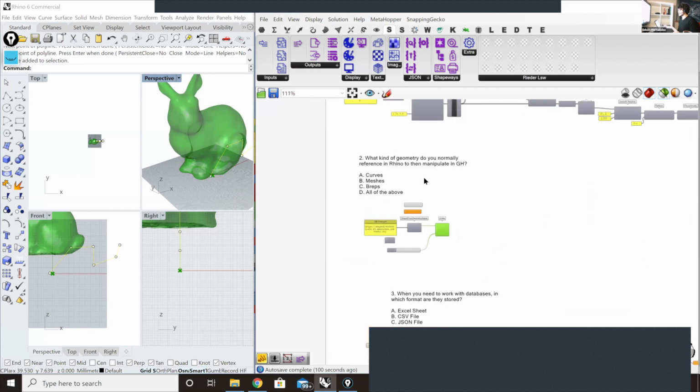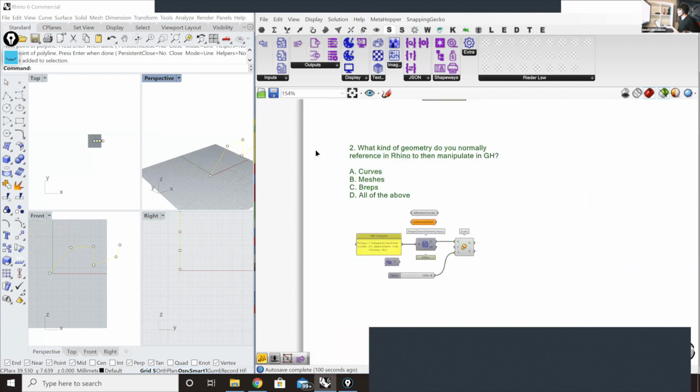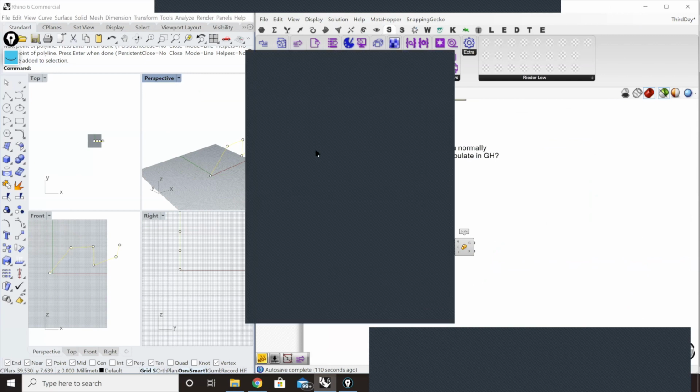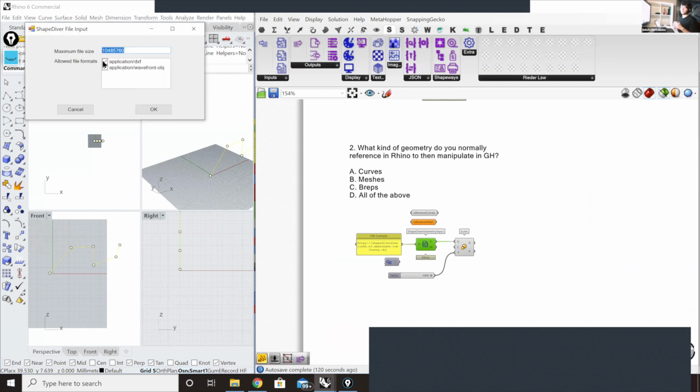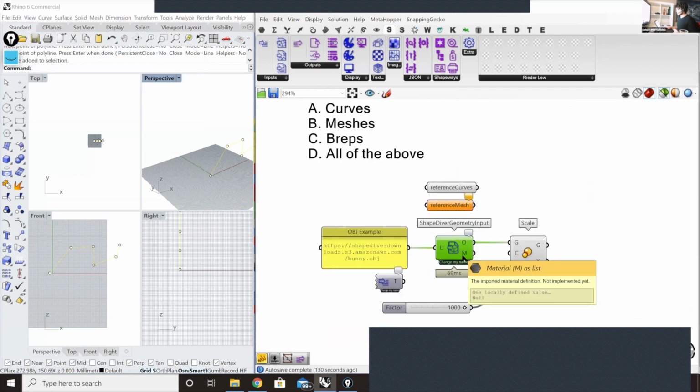So what was the answer for our second poll? Yeah, people seem to be referencing curves mostly. That's perfect, because we support the DXF file type, so you could import DXF to your definition. And something very cool that we support right now is that here you have also a material output, and in this material output, if you import a DXF, you get the color list of the curves